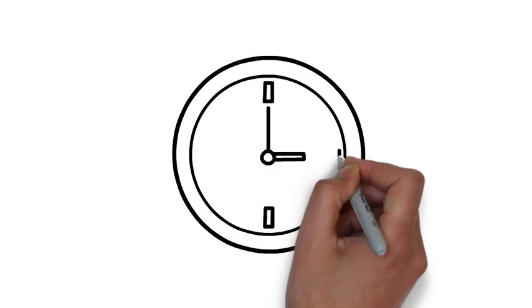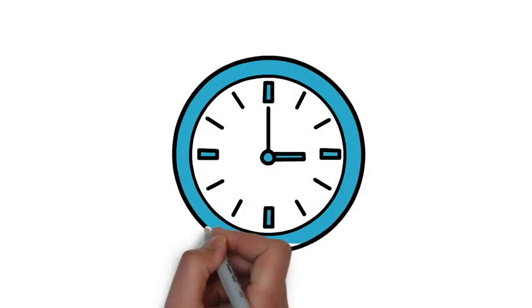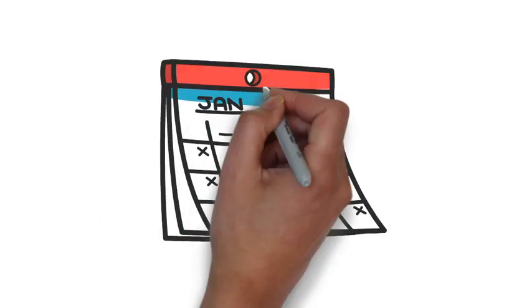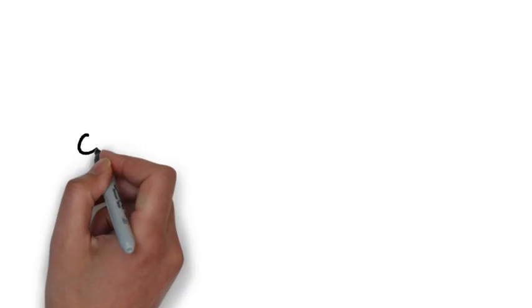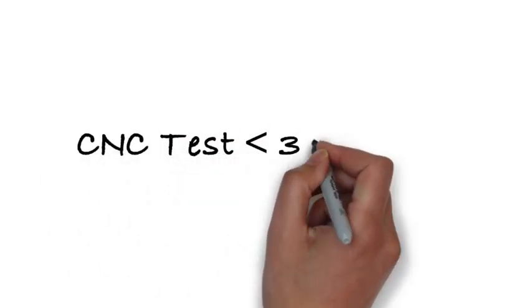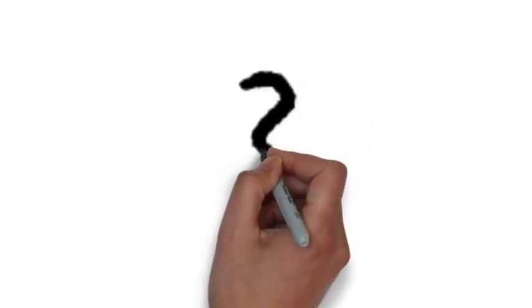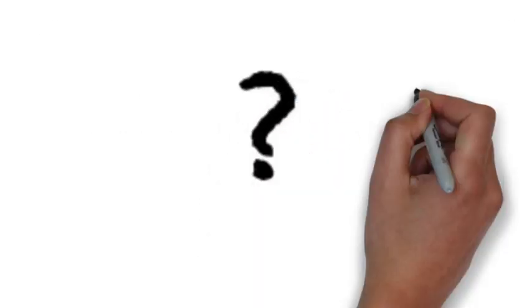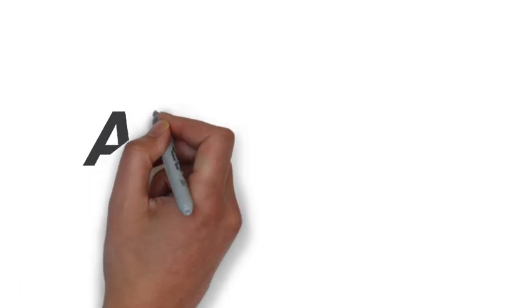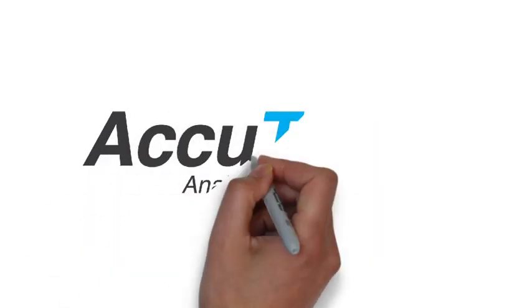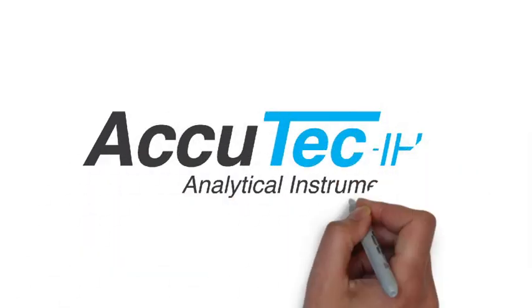What about the time it takes to perform a fit test? Isn't the controlled negative pressure method quicker? Back in the day it was. However, there's a new protocol which has been approved by OSHA which allows a CNC test to be performed in less than 3 minutes. What about filtering facepieces like N95s or N100s? CNC works very well for filtering facepieces. CNP doesn't. Why not? Have you ever tried to pull a vacuum on a disposable mask?